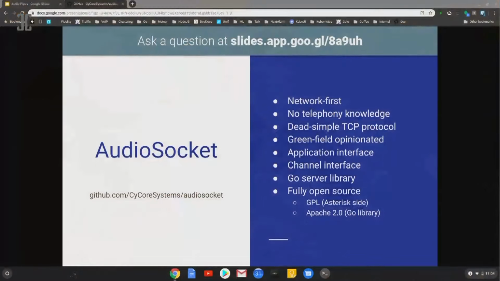But first, what is AudioSocket? It's a network-first protocol. It requires no telephony knowledge to use, and the protocol itself is dead simple. It's a 3-byte header and a stream of audio data, signed linear data. It is a greenfield project, so it's completely opinionated. There are no options. You just simply start it, send the unique identifier, tell it you're going to send signed linear, and then start streaming. There are very few control codes that all fit within the single byte type indicator,